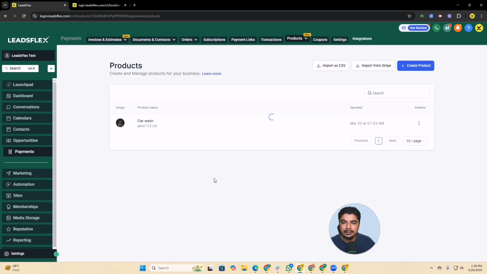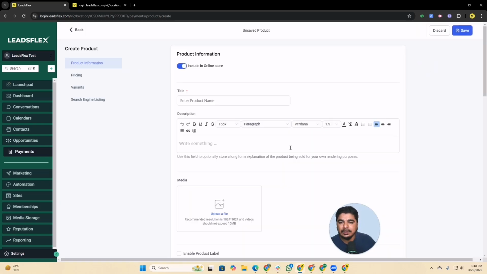Yes, these are our products. We have only one product, so we need to create other products as well, or you can import from Stripe or a CSV file. It's up to you. Now I just simply click on create product, and here we need to just write